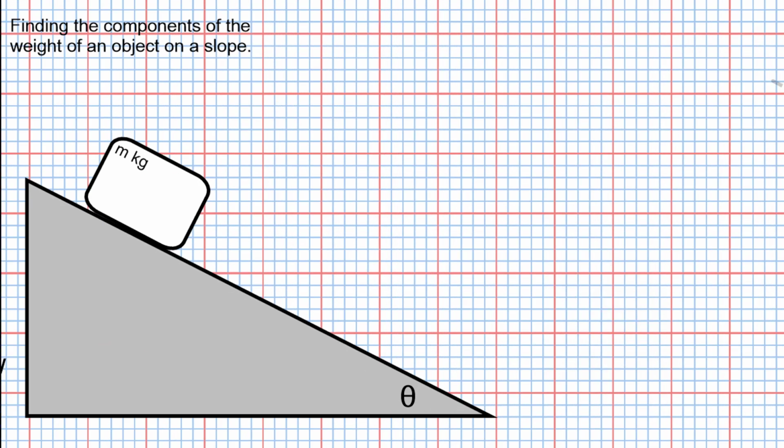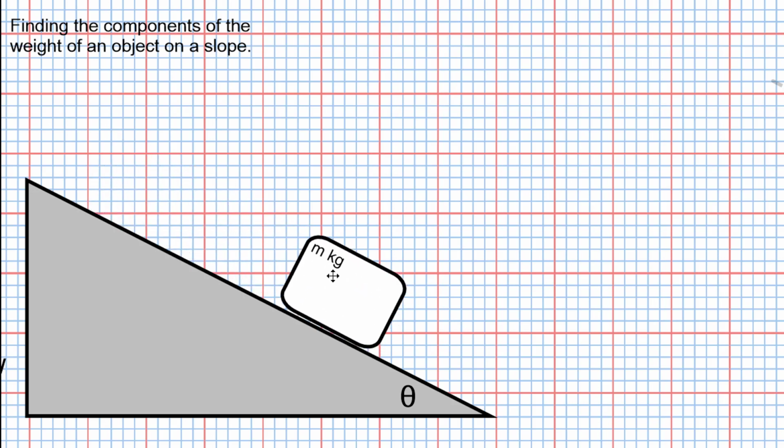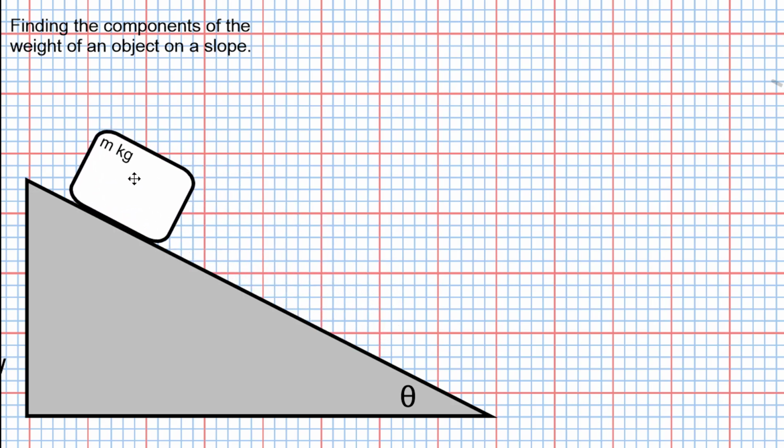A block of mass m kilograms is sitting on a slope of an angle theta degrees. Now, there's no friction acting on the block, so the block could be really anything we want. There's no friction acting on it, so we could consider the block to be like ice sitting on a snow slope. The block will accelerate down the slope, and that acceleration will be caused by an unbalanced force acting parallel